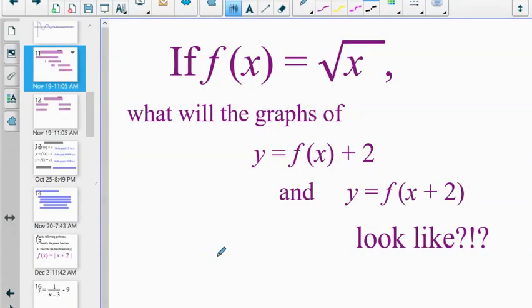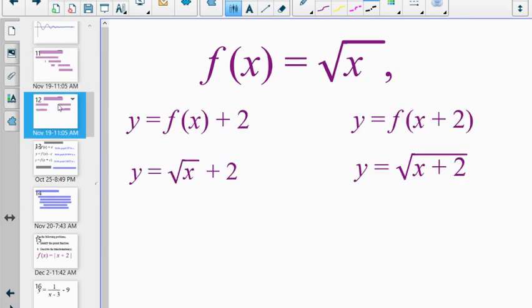And then we'll wrap this up with a couple quick examples. I think I maybe did this one last week, but if I've got a function, in this case the square root function, what will the graphs of f of x plus 2 versus f of x plus 2 look like? And of course, the difference in the parentheses is significant. Here we see the plus 2 is happening outside of the function. Here we see the plus 2 is happening inside the function. And so